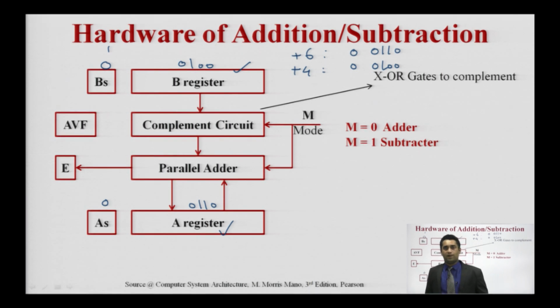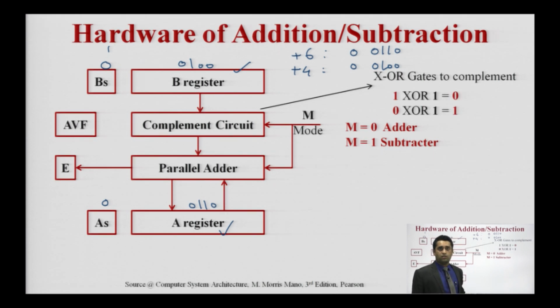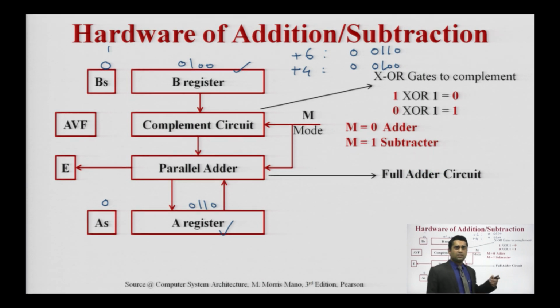And apart from this we have two circuits in it. One is the complementary circuit, which is used for the subtraction part; when we are talking about the XOR gate, we complement. The XOR gate is the major one. The next is the parallel adder, which is using a circuit of full adders. So these are the two circuits. Two extra flip-flops are required here. This is for the carry and overflow purpose.